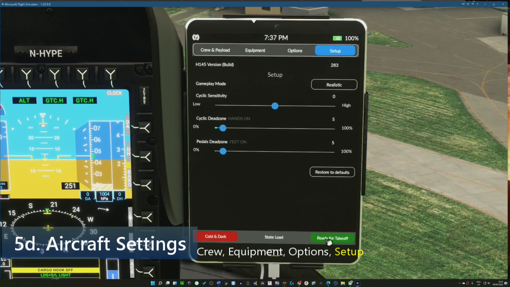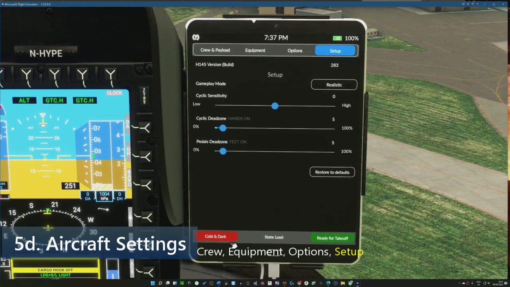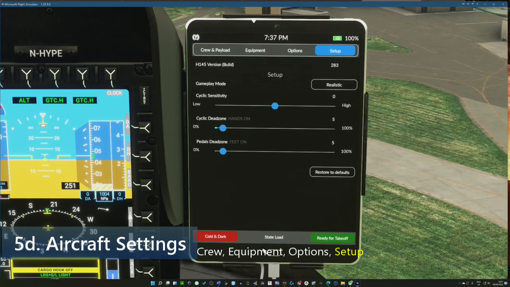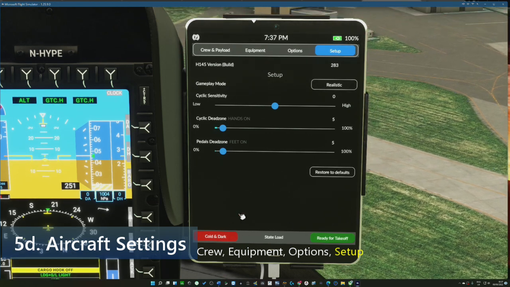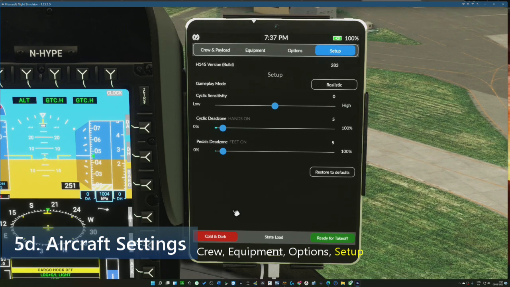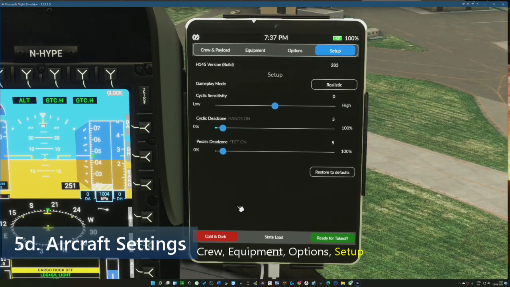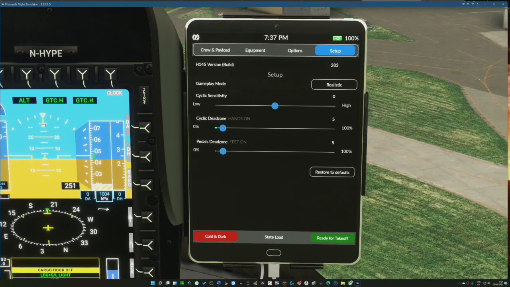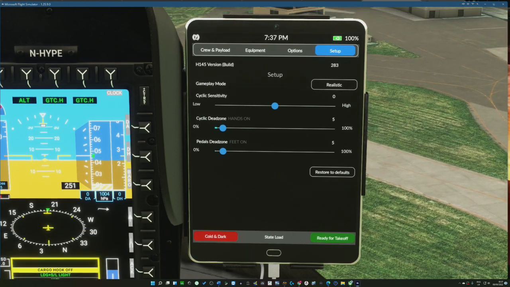You've also got 3 buttons down the bottom here, of course: cold and dark, or ready for takeoff. Well, it's not a button, the middle one, it's just saying what state you're in. Cold and dark is helpful because you may well have positioned the aircraft somewhere where Microsoft Flight Simulator hasn't assumed that it wants you to have started it, and yet you don't want to go through the rigmarole of having